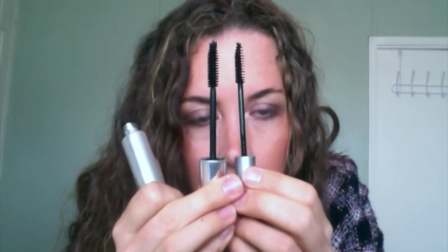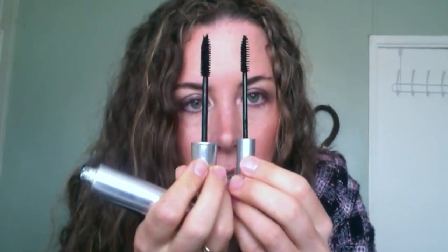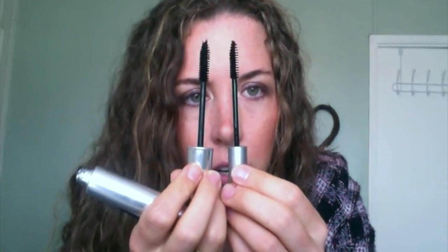And check out the brushes. Honeybee Gardens, Mineral Fusion. Is that Mineral Fusion? Yes, Mineral Fusion. Honeybee Gardens and Mineral Fusion. The brushes themselves, to me right there, that's huge. This one is way sparser than this one. This one has a lot of bristles that are closer together. So the brush alone is not as good. And it's really wet, and I feel like it doesn't accumulate as well. This one kind of adds up on itself, and it really creates a